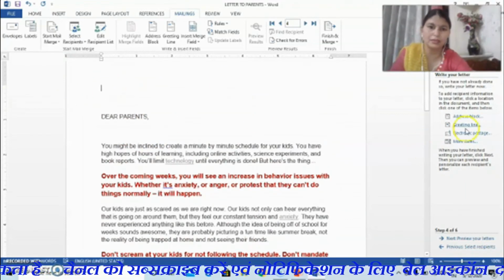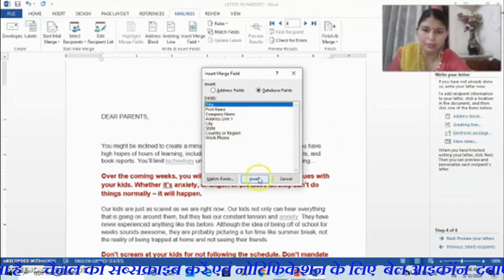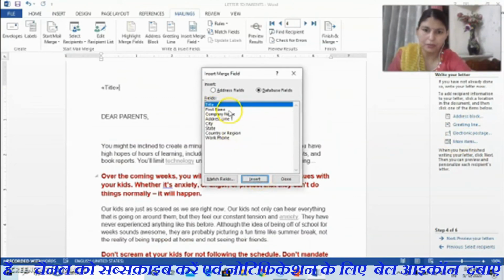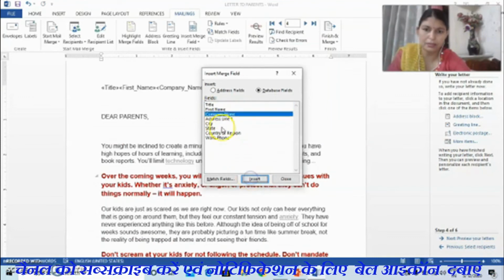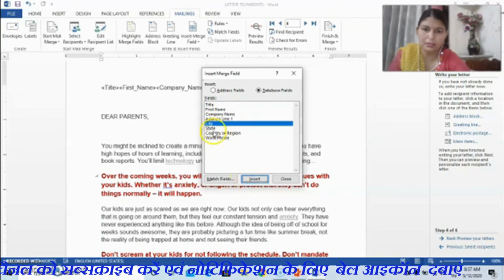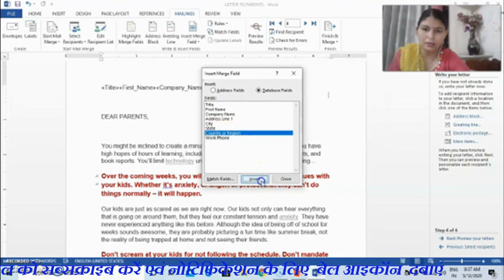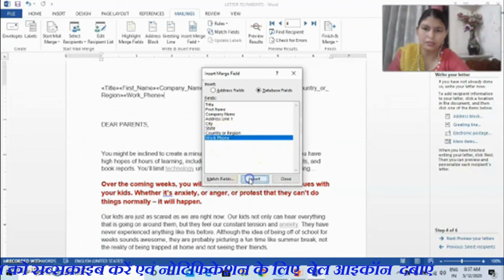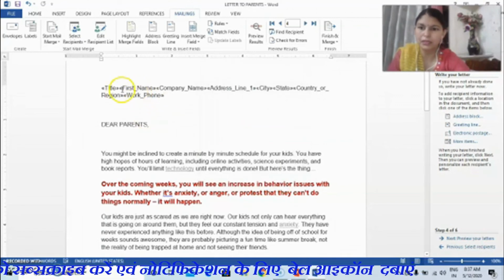Then we have to add more items, means we have to include title, insert. First name, insert. Then company name, insert. Address line 1, insert. City, insert. State, insert. Work phone, insert. Then all these fields are inserted in my document.